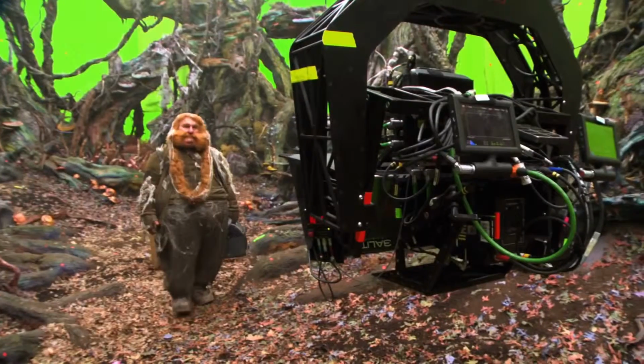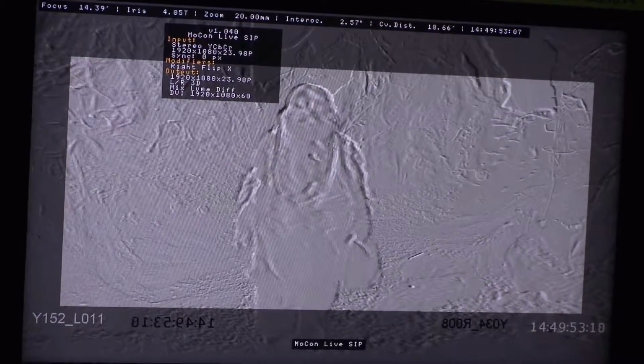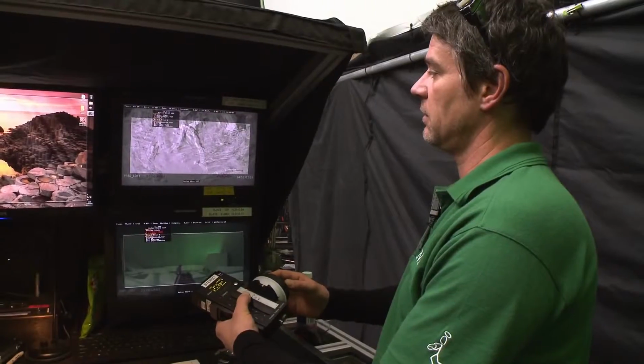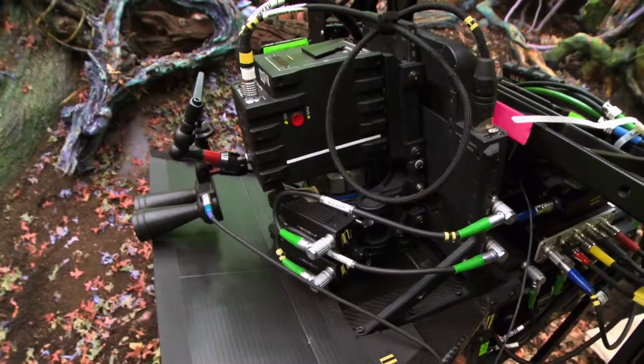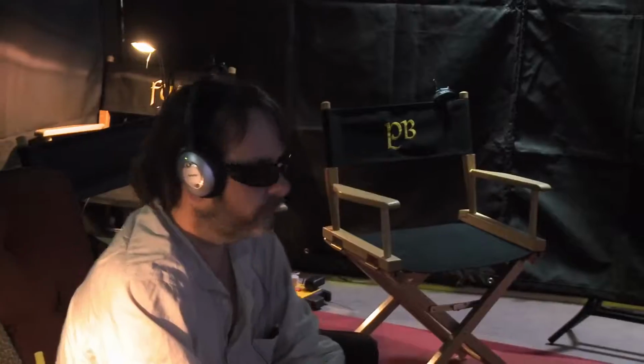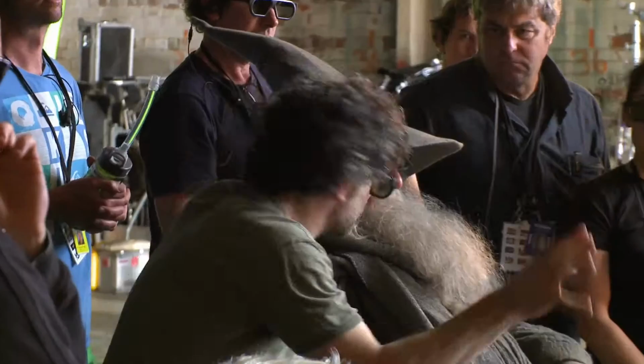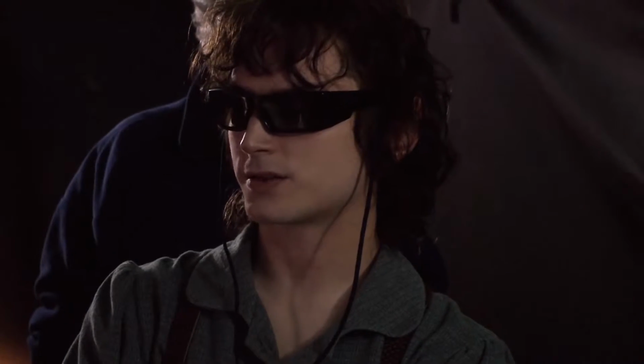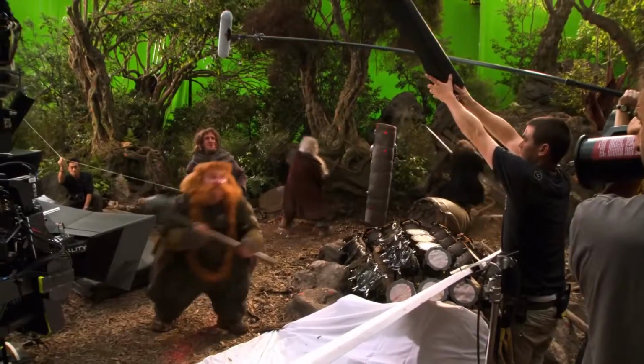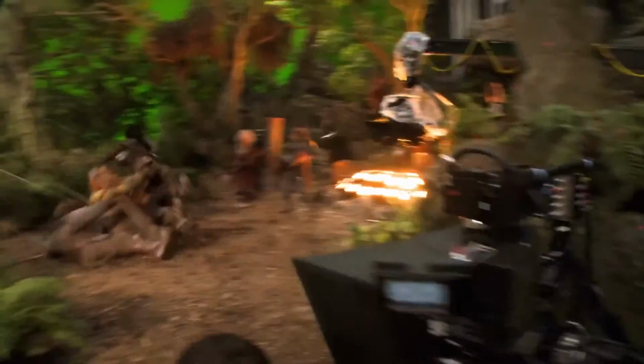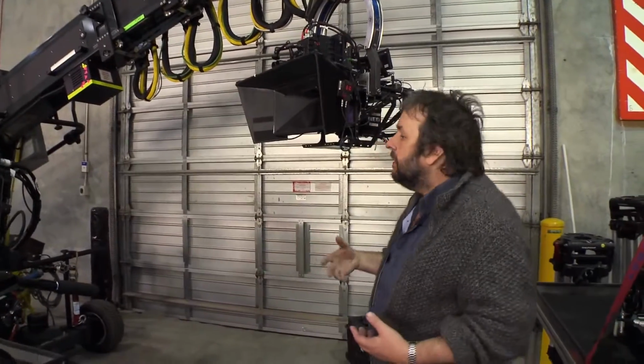We can see that separation on a 2D screen with a left and a right eye overlay. So we can do this live throughout a shot, changing our 3D effect the whole way through. Roll sound. We're watching the movie in 3D as we make it. Oh, that looks so good. You almost feel like you're in it. A lot of people have an image of 3D being big and cumbersome, and that's true, but we've got a